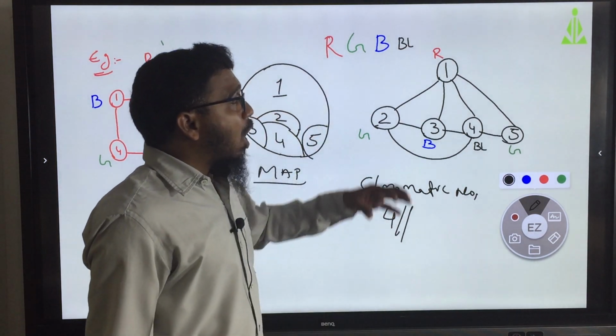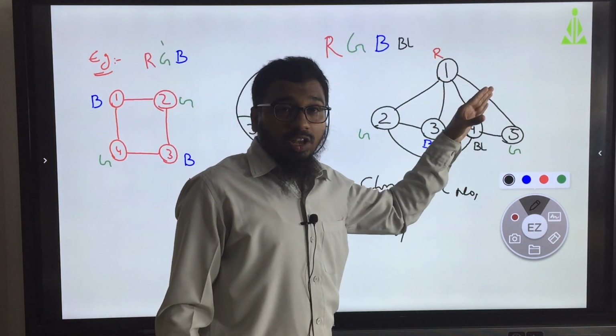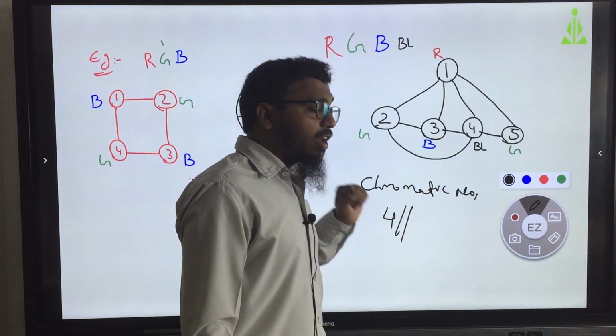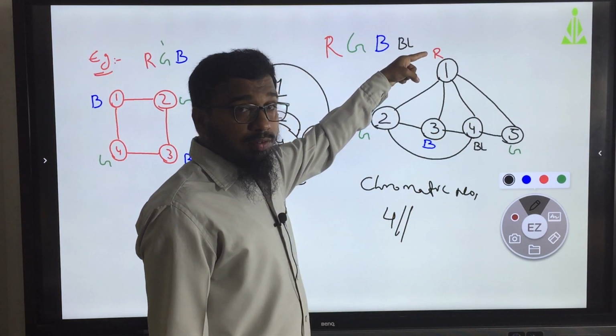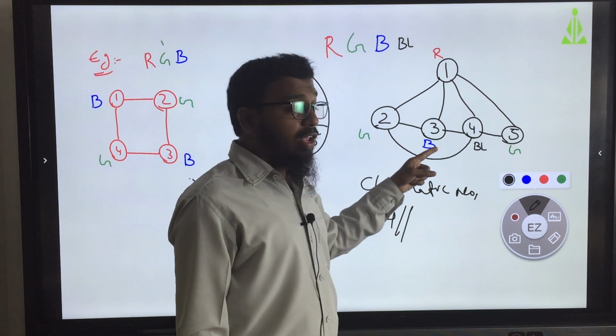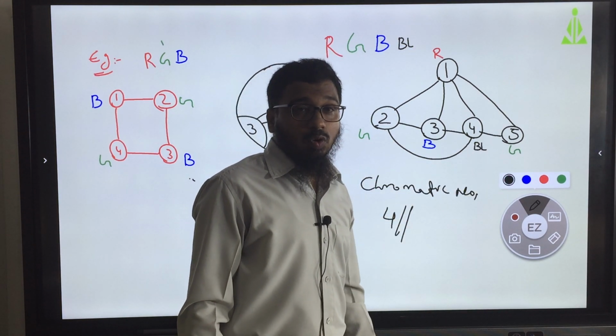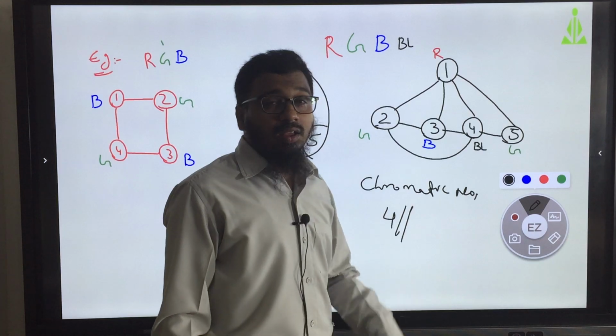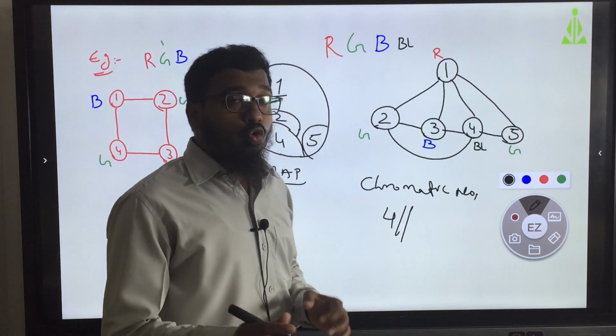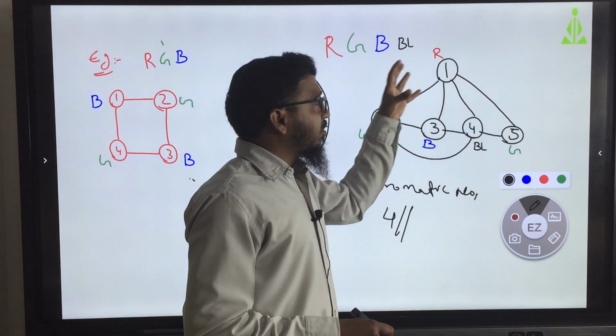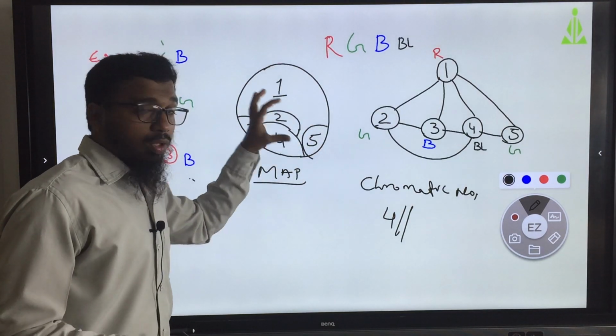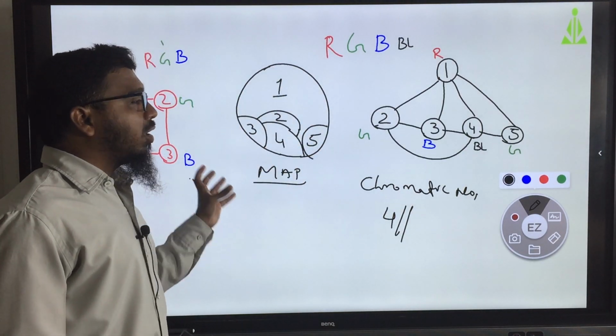How is it 4? How many colors are you using? That is called the chromatic number. Red, green, blue and black. These 4 colors you use to complete this map. So, 4 colors we needed.